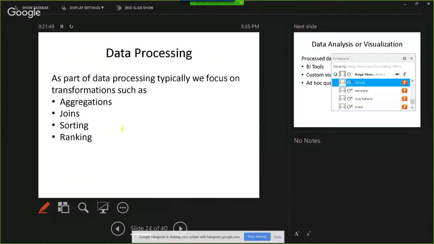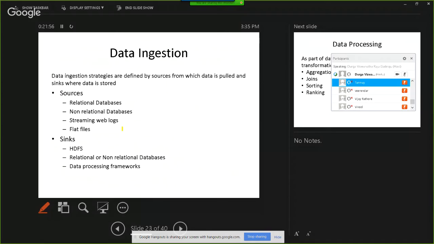When it comes to data processing, do we have any specifications regarding type of data? Flat files, images? Yeah, so flat files, it could be anything. It means you just need to develop APIs if nothing is available. As of today, there are APIs for XML, for JSON file format, and for CSV, tab delimited, and all those things.